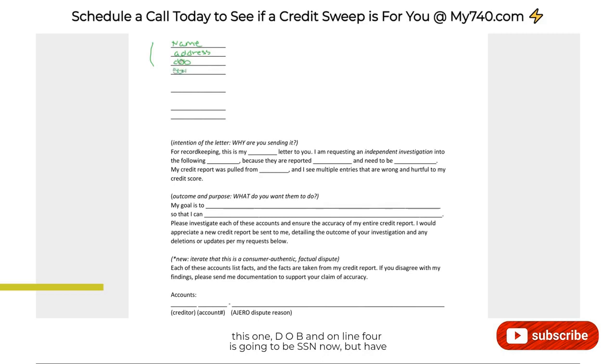Now, a bit of a caveat here. On the space for social security number, you need to make sure you are literally entering in your full and complete social security number. Do not only put the last 4, okay? In addition, you are also going to need to send out copies of your actual identification, all right? So ID, SSN, proof of address, okay?